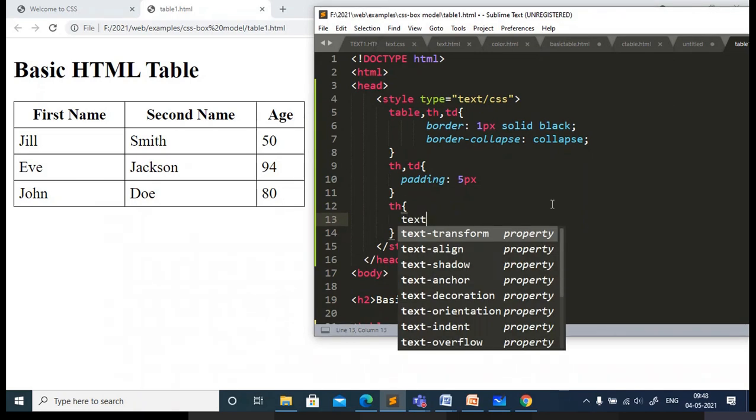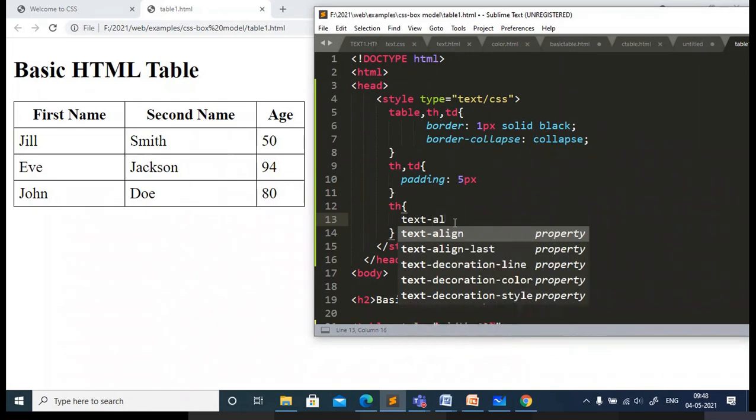We have already discussed all these text properties in the previous class: text transform, align, shadow, decoration, orientation, indent and overflow. Use any of these properties and you can arrange accordingly. So here I'll go with align.